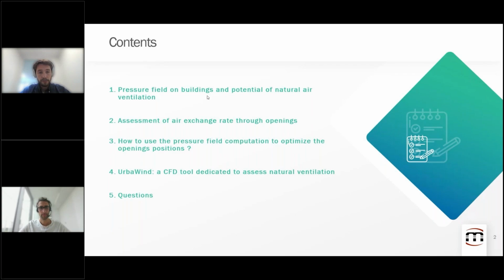Secondly, we will focus on the assessment of air exchange rate through openings. On the third part, we will be focusing on how to use the pressure field computation to the optimization of your opening positions. On the last part, we will present you our software dedicated to this assessment of natural ventilation